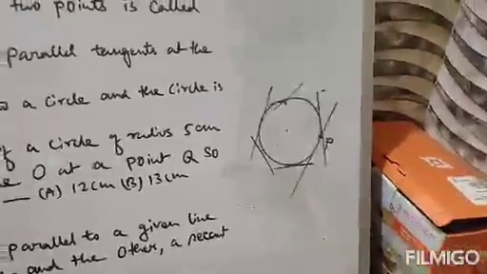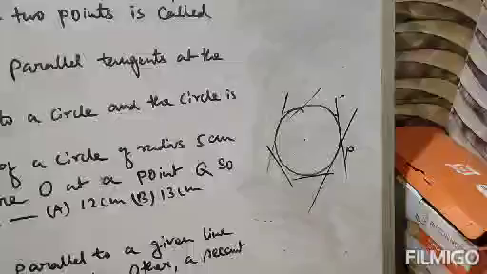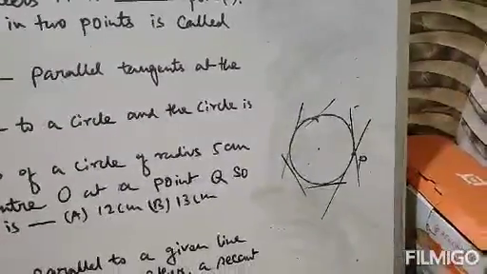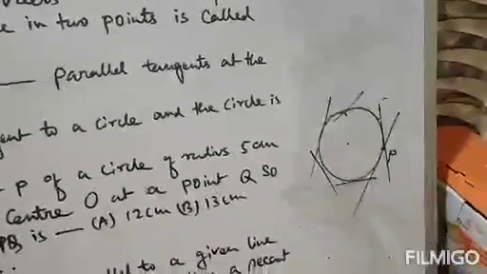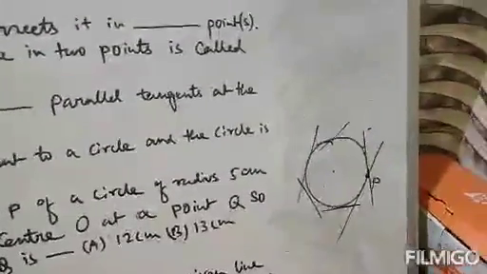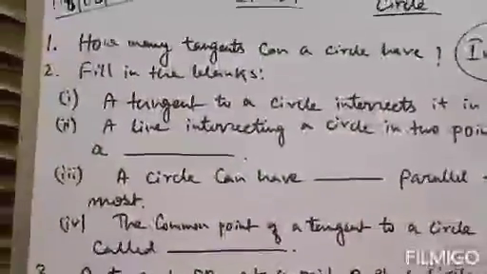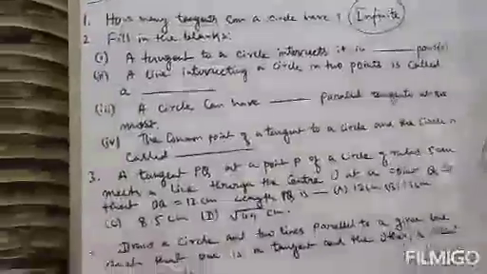because a circle has numerous fixed points over its entire surface, and only one tangent can be drawn with each fixed point. So a circle has numerous fixed points, that means you can have numerous tangents. That means a circle has an infinite number of tangents. The number of tangents is not fixed, so your answer will be an infinite number of tangents. Clear? Next